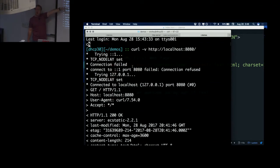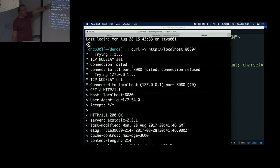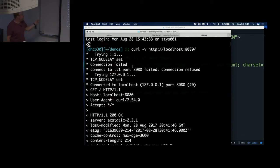So now our browser, in this case curl, is going to make a request. It says, hey, get whatever is at /, and use the HTTP 1.1 protocol to get it, please. Oh, and by the way, let me introduce myself. I am asking for host localhost:8080. And here's me, I am user agent curl version 7.54.0. And I will accept anything. Ideally, I would like